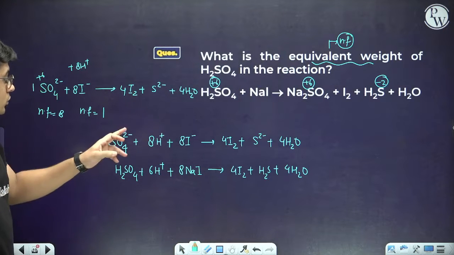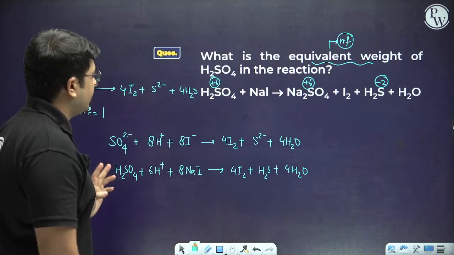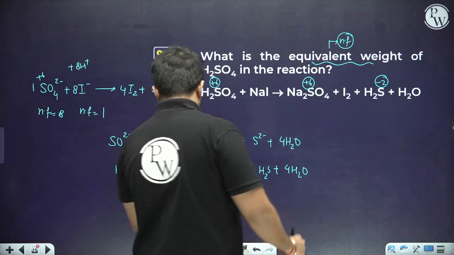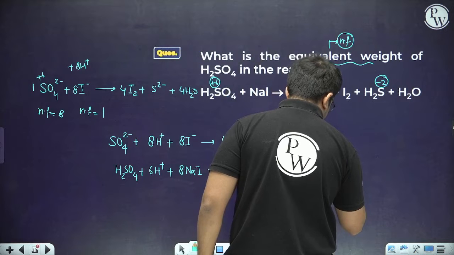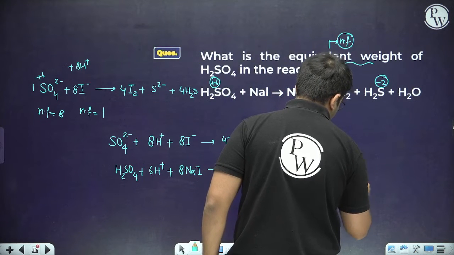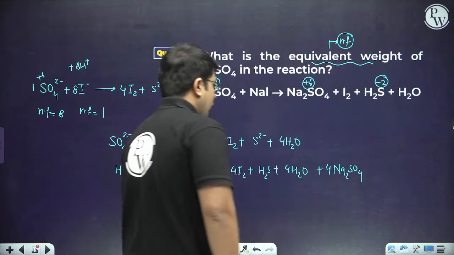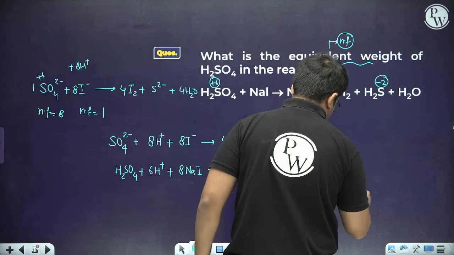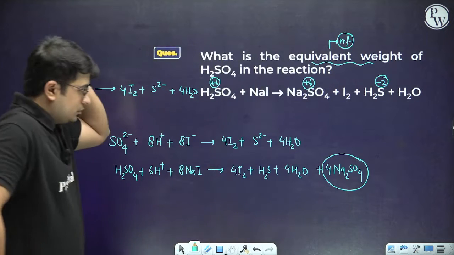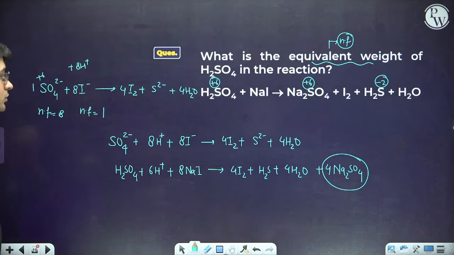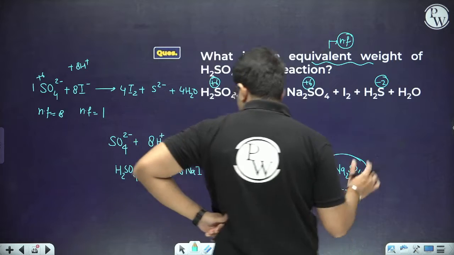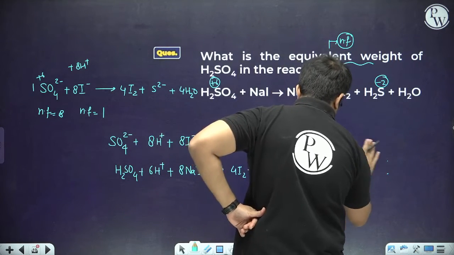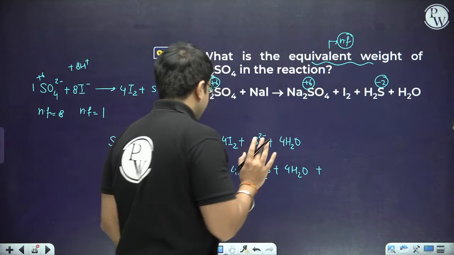Now something is missing, which is Na2SO4. So 8 Na are there. So I can say Na2SO4 should be there, which are 4. So 4 Na2SO4 should be there. That we have added extra, because there was a deficiency of Na2SO4. So let's say if this entire part is not present,